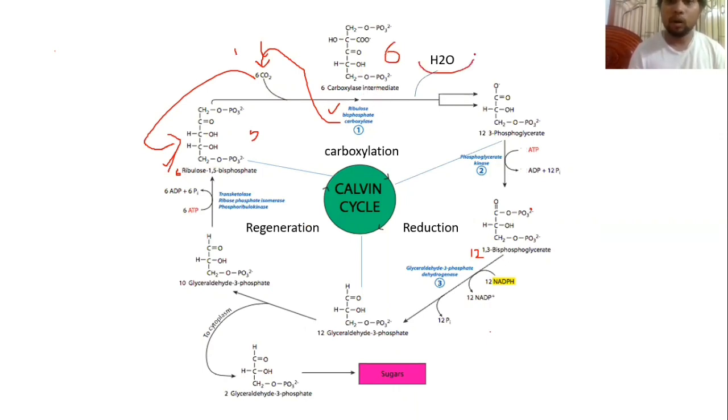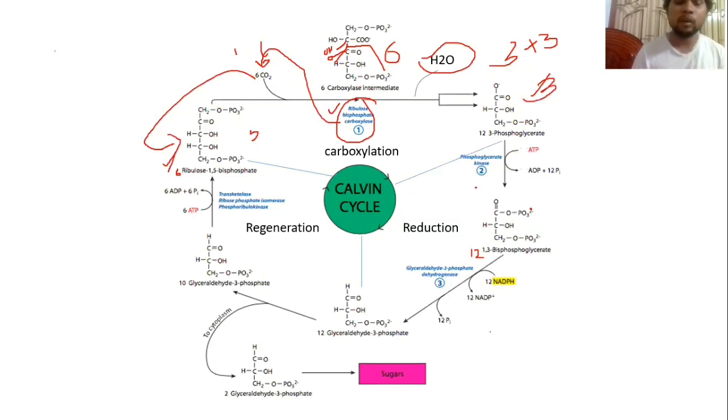So this is a 5 carbon compound, this is a 1 carbon compound. Together they will form a 6 carbon compound. This 6 carbon compound, which is an intermediate, will be breaking down soon with the help of water. A hydrolysis process will happen here, and it will give rise to 3 carbon compound molecules. One is 3-phosphoglycerate and another one where OH will be added here, and it will break down.